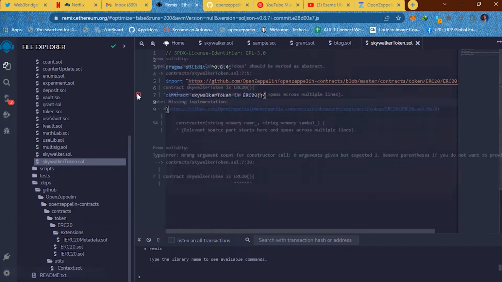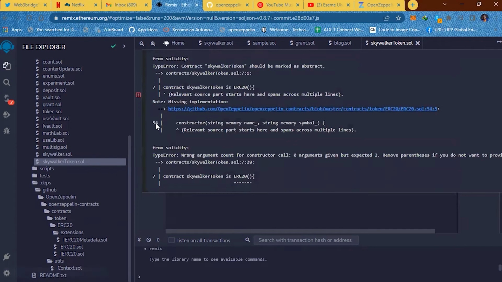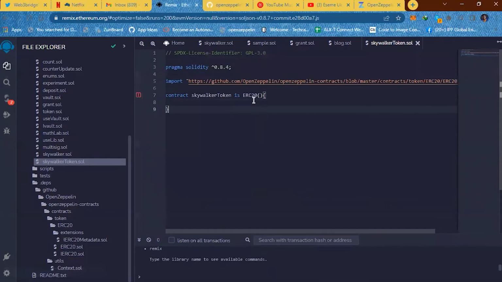We're still getting an error. This error here on line 54 is saying that we need to implement some constructor inside of the ERC20 contract. It's saying we need to implement that, and it needs a name of the coin we're trying to create, and then the symbol. There are two ways to do that. We can do that inside our constructor,